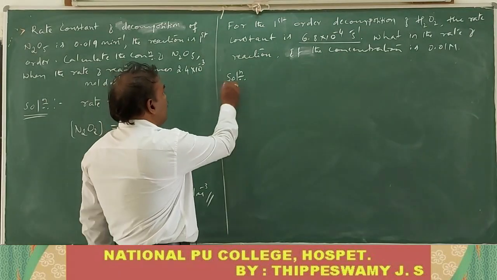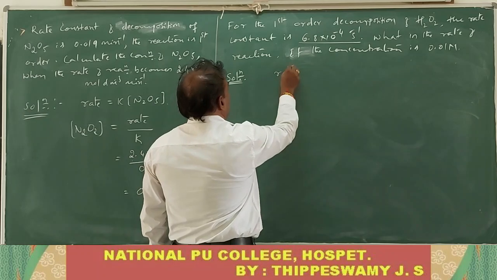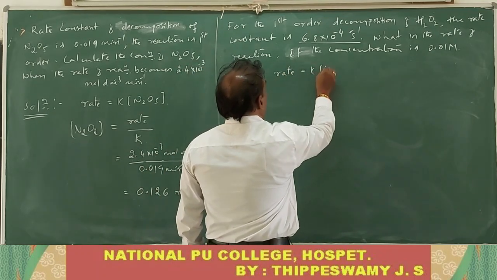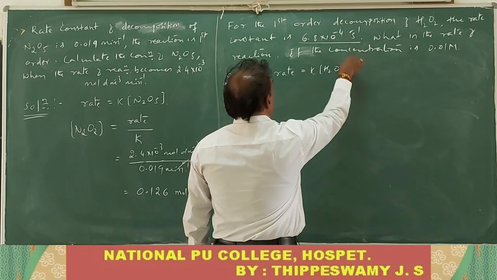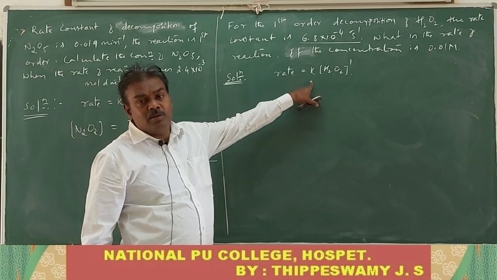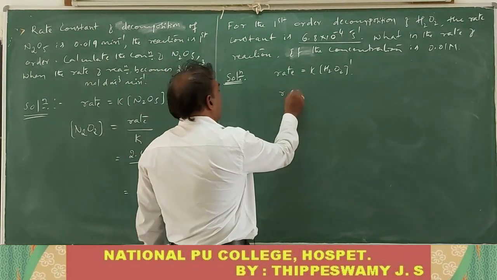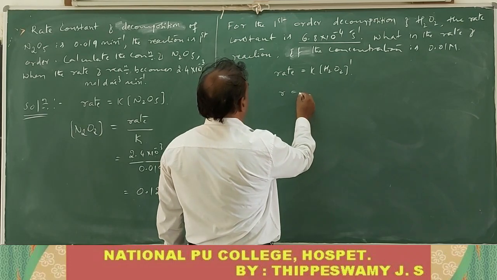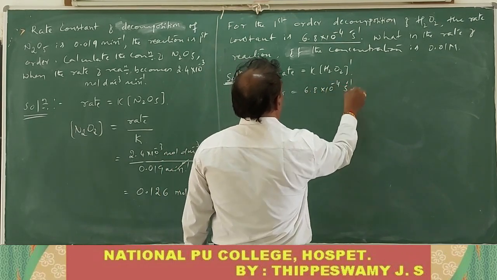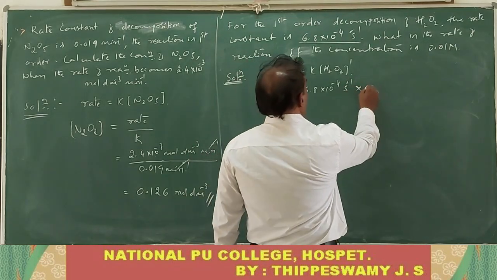Now here, what is the solution? The rate of the reaction is asked. Therefore, you have to write: rate is equal to K into the molar concentration of H2O2 to the power 1. As it is a first order reaction, we just have to write the rate equation like this. Now rate R is equal to K. What is the value of K given? 6.8 × 10^-4 per second, into the concentration of hydrogen peroxide given,